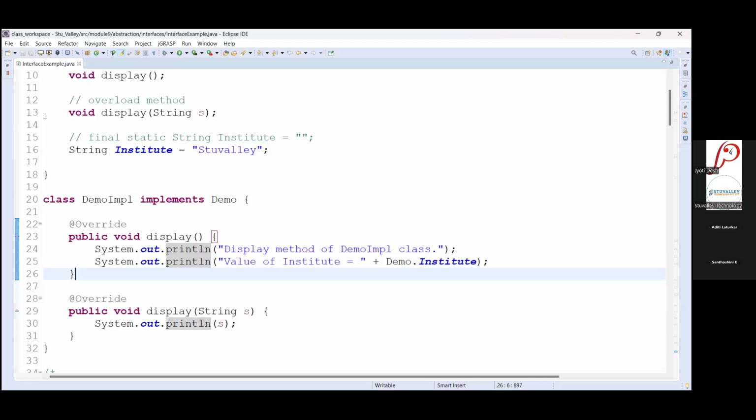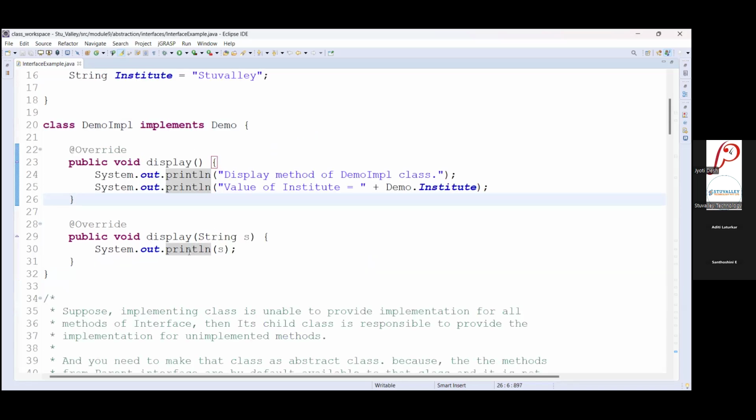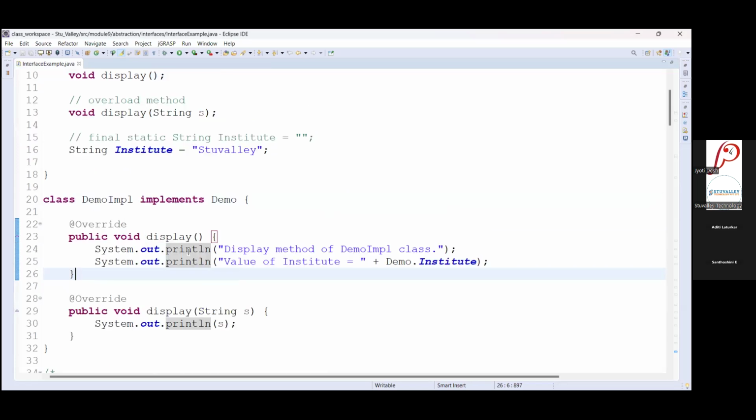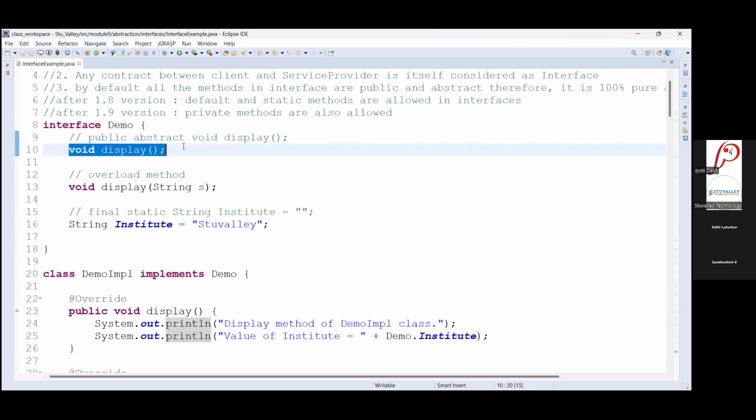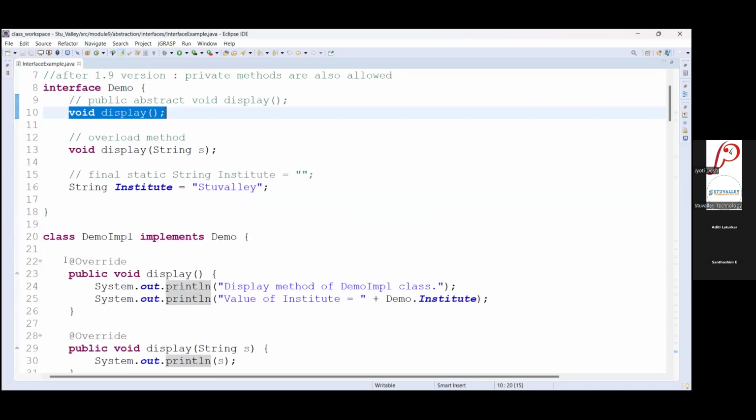Basically, the overriding concept we have seen. The purpose of overriding a method is that if there is no meaningful method definition in a super class or in an interface, we override the methods inside child classes, right? That was the reason we were overriding the methods. So whenever we write any abstract method in an interface, we have to override that method itself.